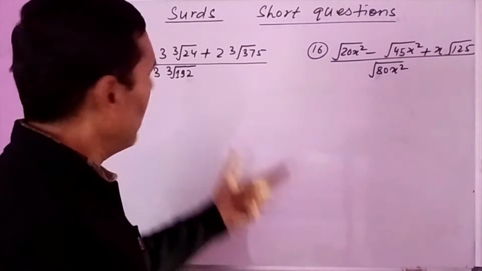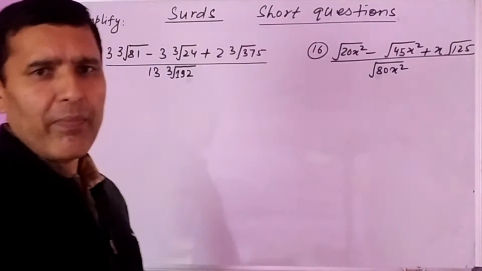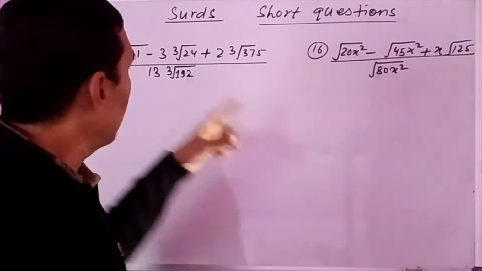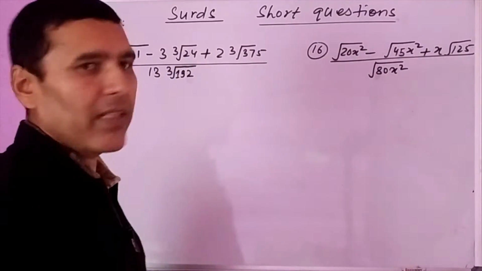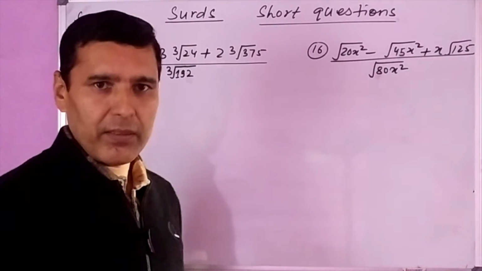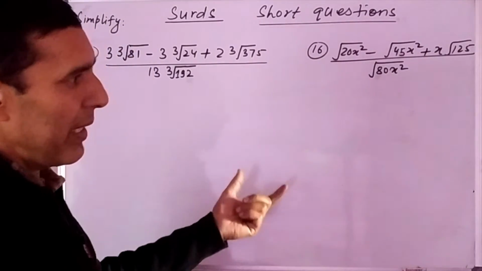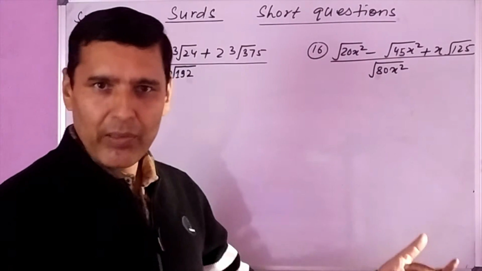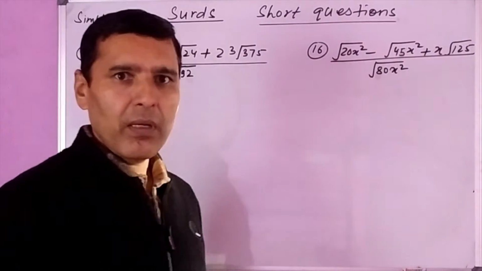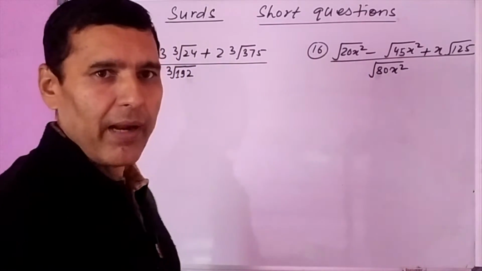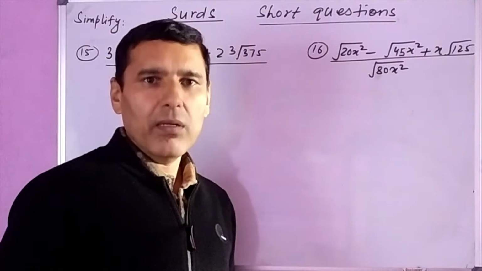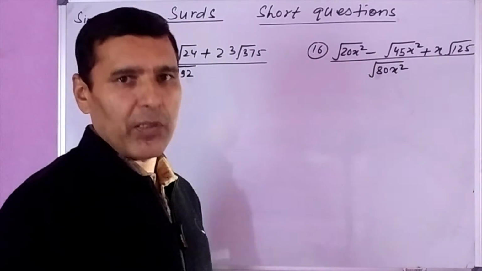So we get the prime factors of each radicand, and as the order of each root is 3, we try to get the power 3 of the factors of the radicand. When we get a factor having the power equal to the order of the surd, it comes out. Let's do that first, and after that we'll obviously get the like surds which can be added or subtracted.